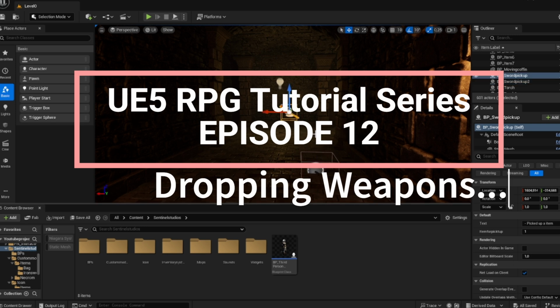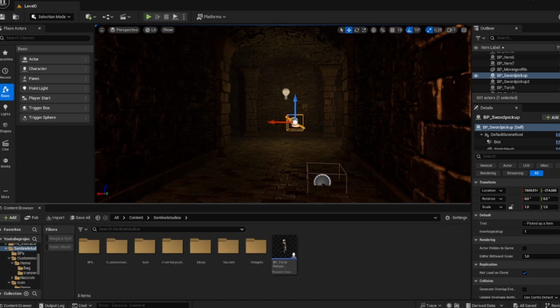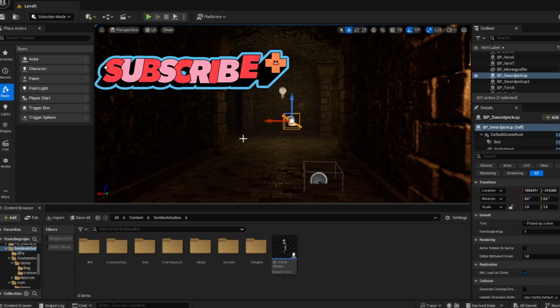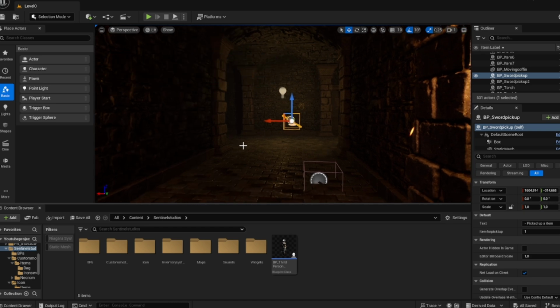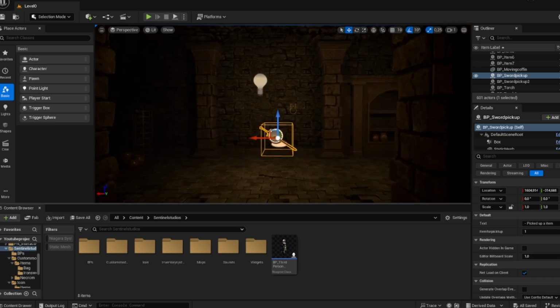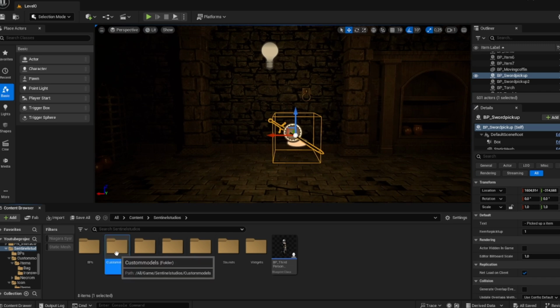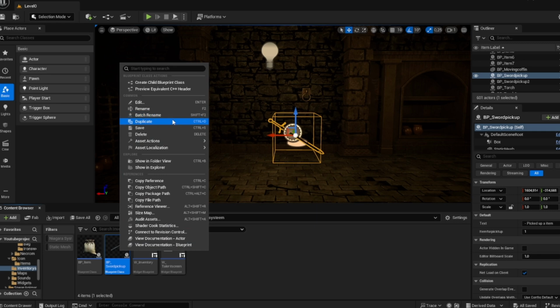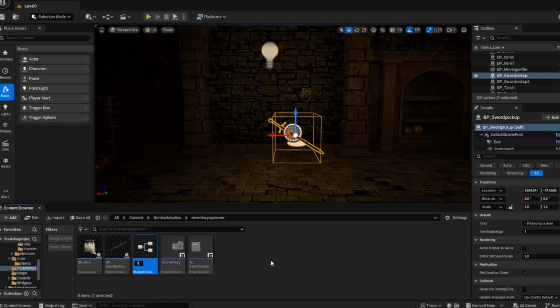So we are going to make a system that when you drop an item, it will actually drop it. When you click on the item, it will actually drop the item. So for now, we are going to go to our BPs or our inventory system, and we're going to make another weapon. This one's going to be called BP